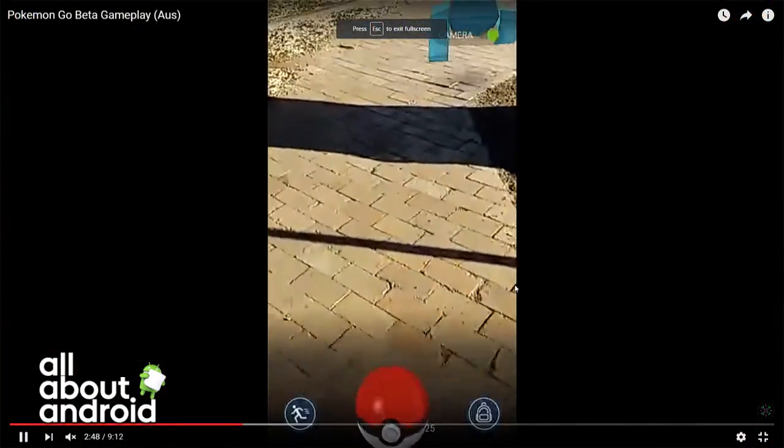I have a feeling there's a delta here between there's Pokemon and then there's me, and I don't know if I'm ever going to be any closer than this. You throw the Pokeball at it. I'm assuming it's going to be like Ingress, where as you're walking every day you're collecting items along the way.